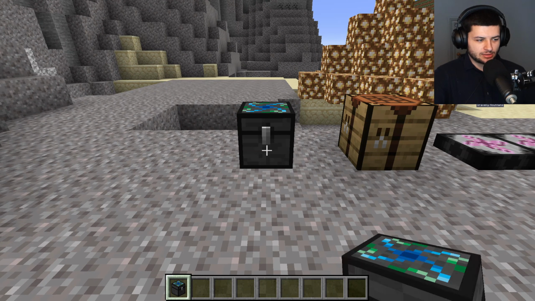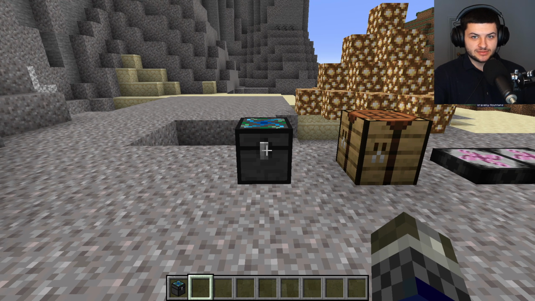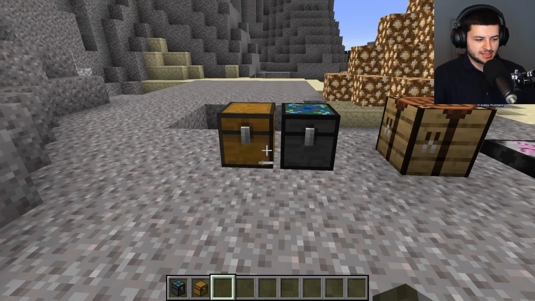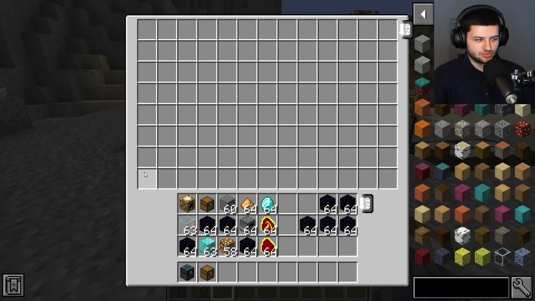Now, why do we need the alchemical chest? Well, basically it just functions as an alchemist's chest that gives us more stacks of items to be stored in a chest. So if I show you the normal chest right next to it, you can see the comparison. The normal chest here has 3 rows, whereas the alchemical chest has many more rows. You can see it literally has 8 different rows here, and it can store up to 104 stacks of items